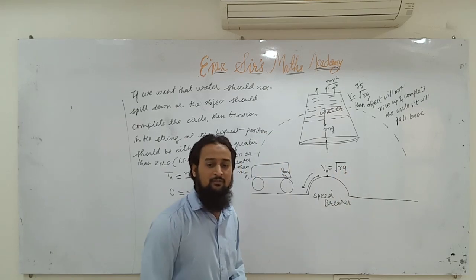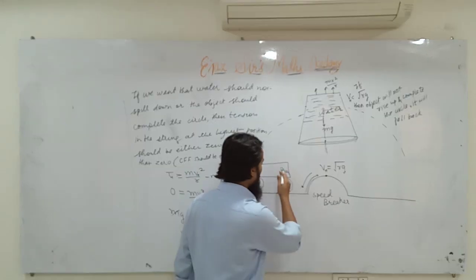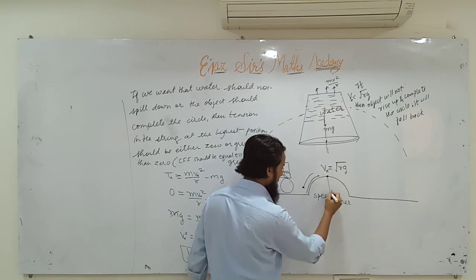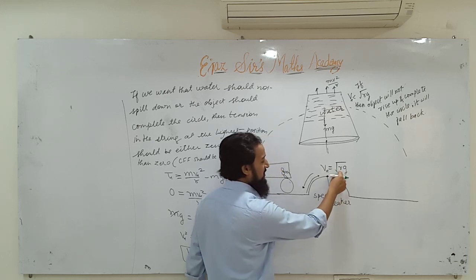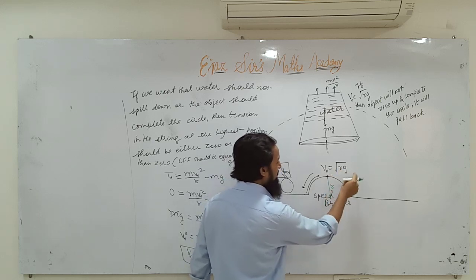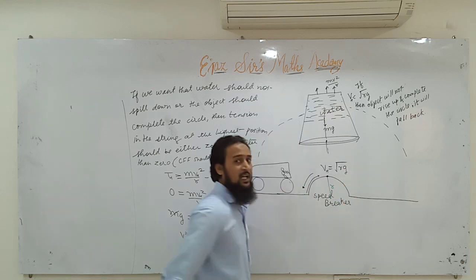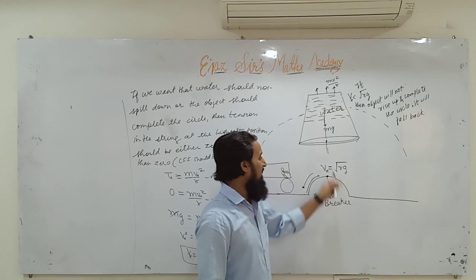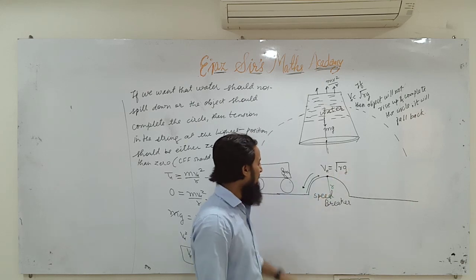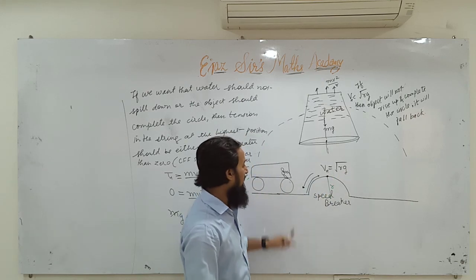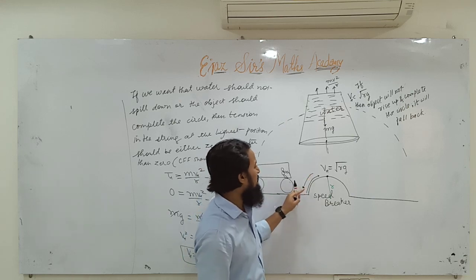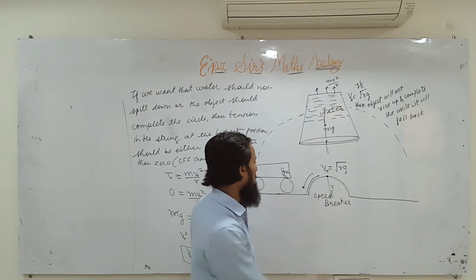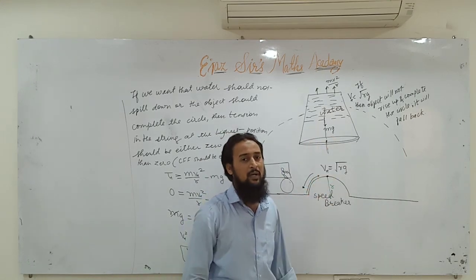So, do you know what I should have done at that time? I should have got down from the car. I should have measured the radius of the speed breaker. I should have multiplied it by 9.8 nearly. So, R multiplied by 9.8. I should have taken out the square root. Then I should have sat back in the car, and then again I should have tried with this velocity. Then the car would have passed over the speed breaker and would not have come back.